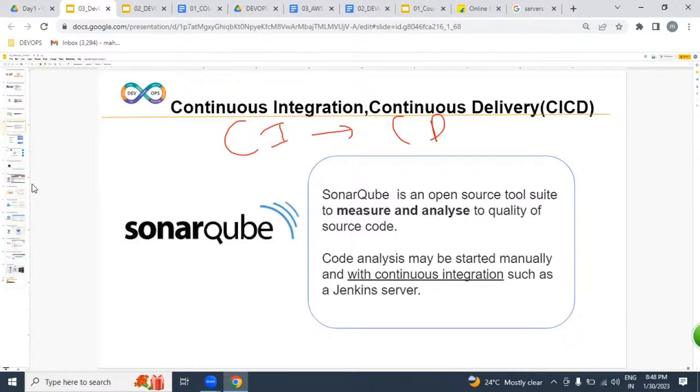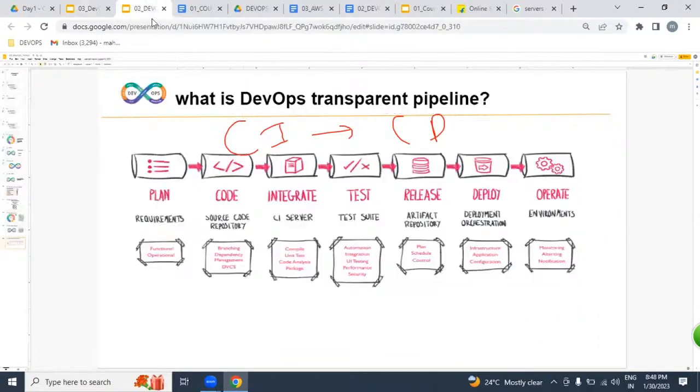Whether the developers are writing with standards or not, whether developers are using the right functions or not, it will automatically analyze, and it will give statistics and reports also. So with the help of these tools, we are going to be implementing the CI/CD process.